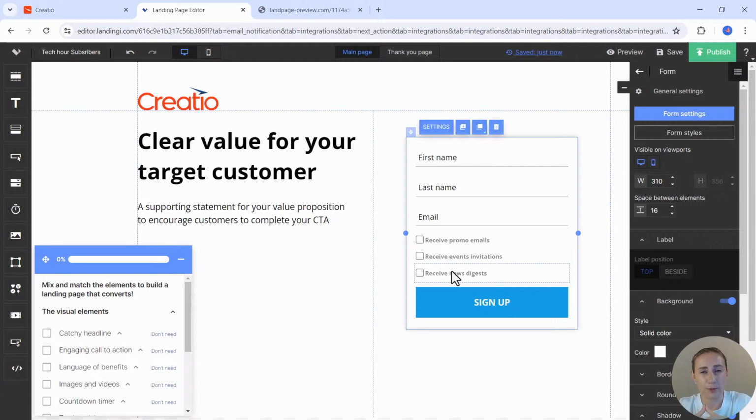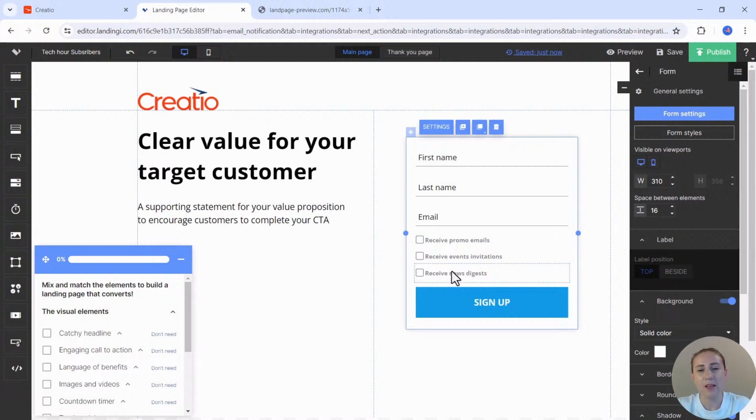Now, from the standpoint of Creatio, these are just checkboxes. These are not influencing what Creatio in the backend will be able to send, because you remember there is this do not send email checkbox, which is critical. If you have unsubscribed by default, no matter what you put in the checkboxes, the person will not be receiving emails. However, this can be one of the things that you utilize in order to know your audience and segment your audience based on the preferences of what they decided that they want to receive from you,